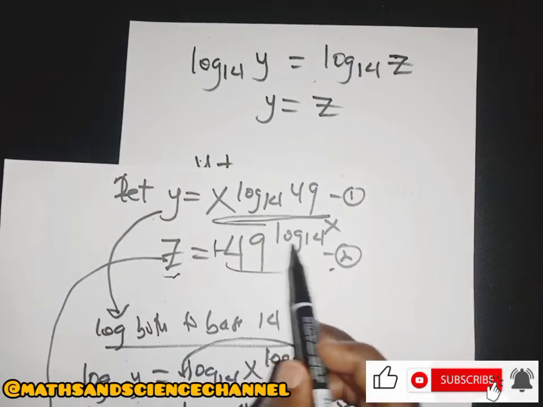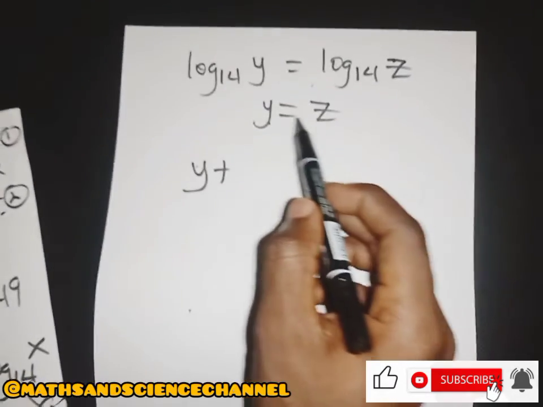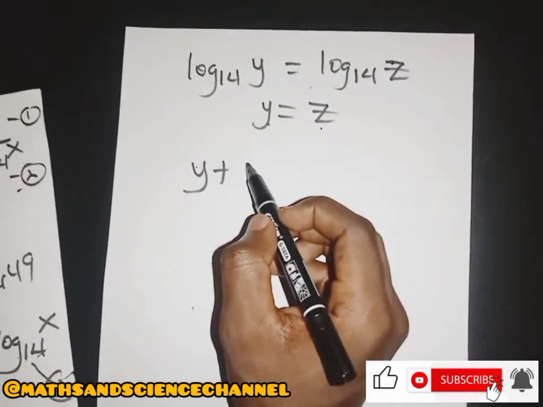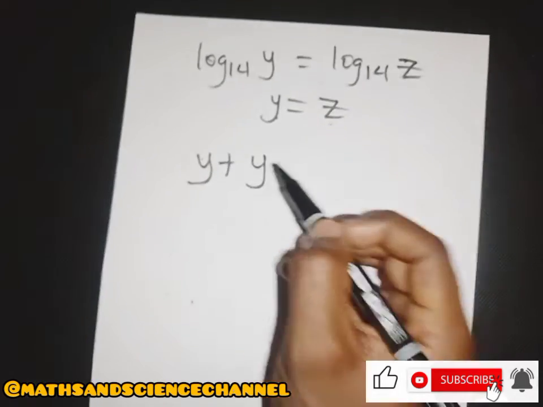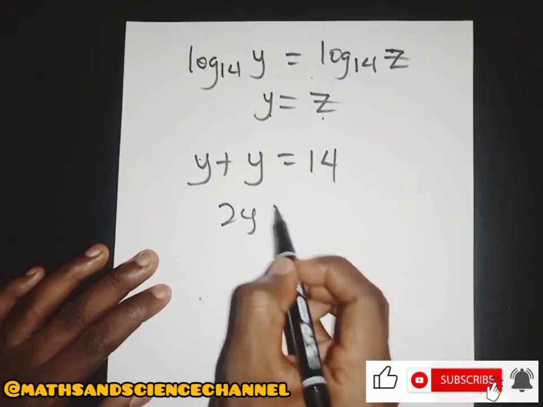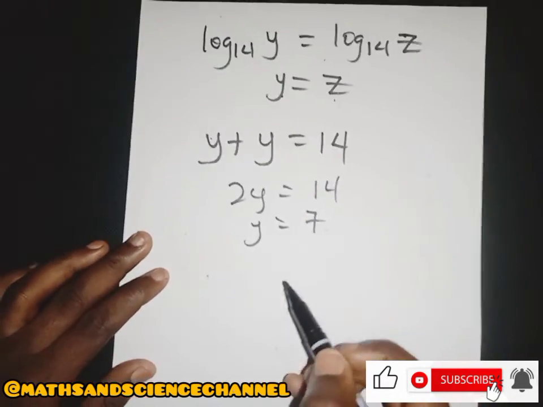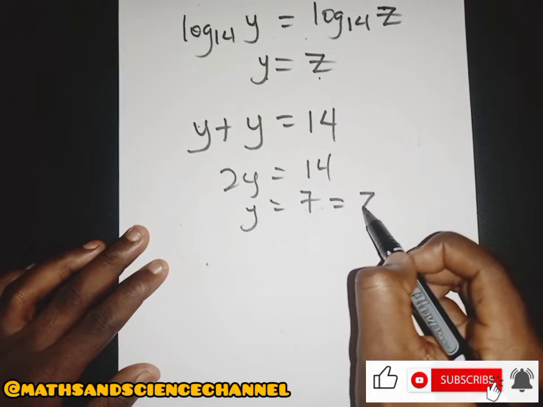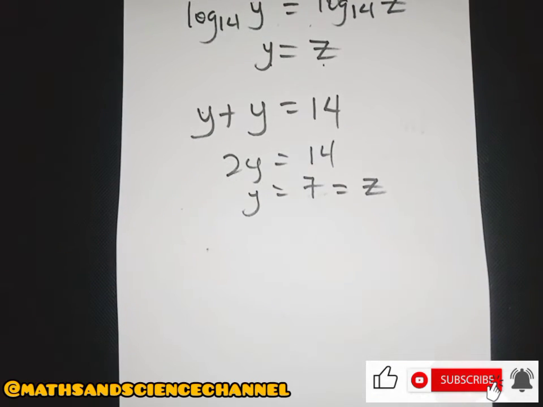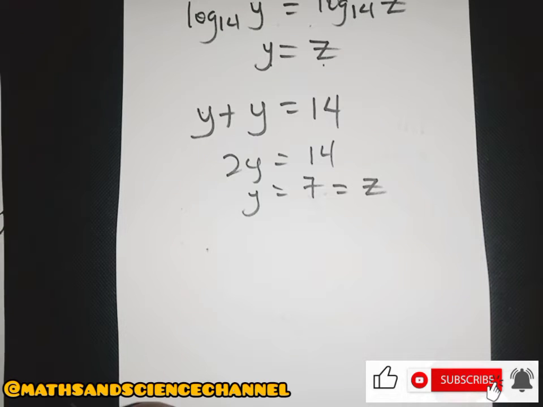Now the second part of the equation is 14, but then we said from here that y equals z, which means that writing everything in terms of y, we have 2y equal to 14, and therefore y is just equal to 7. If y equals 7, then z will also be equal to 7. In that case,